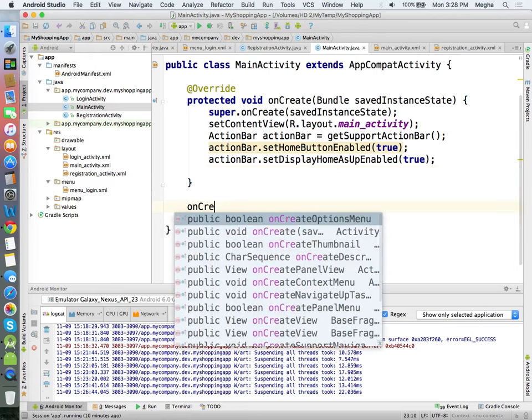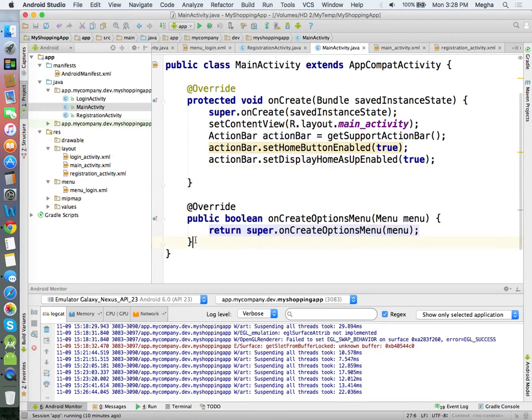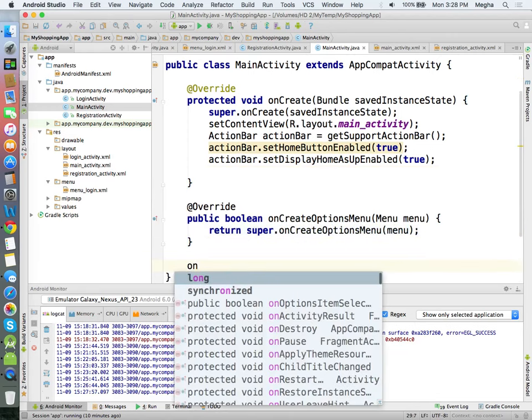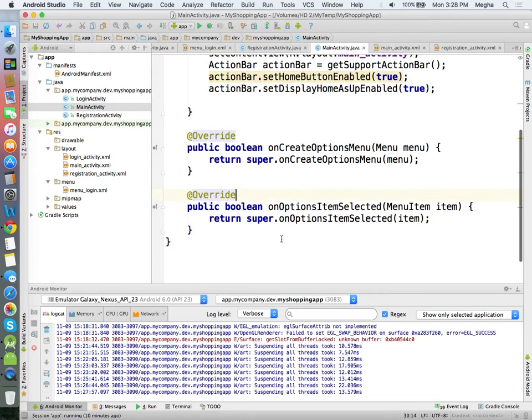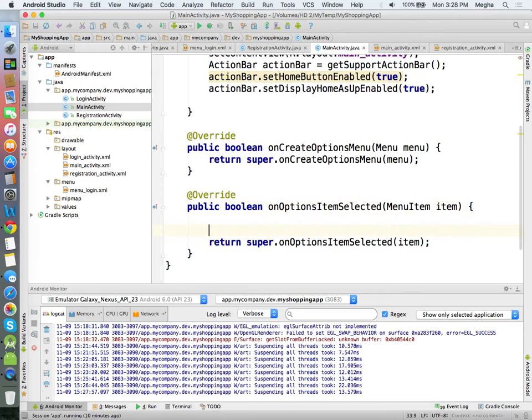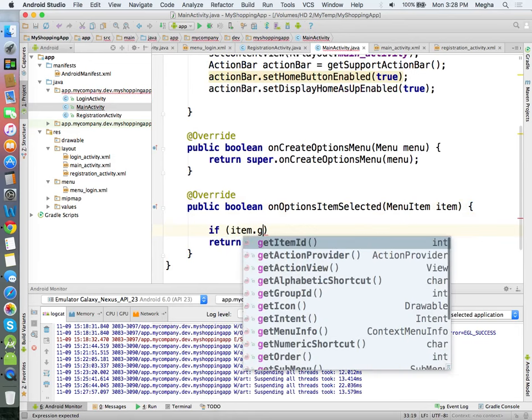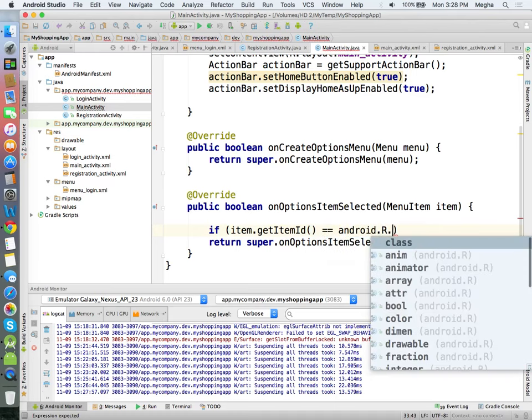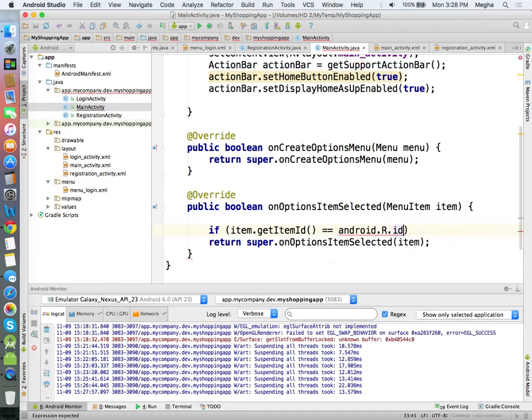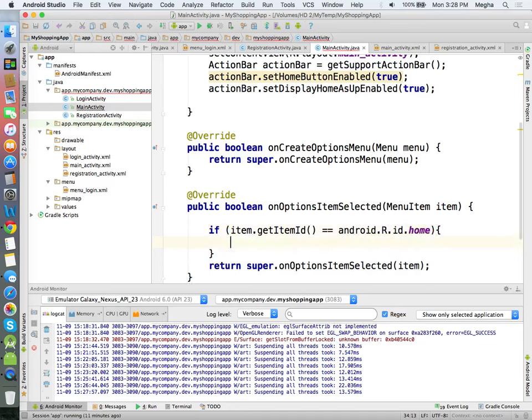Implement onCreateOptionsMenu and onOptionsItemSelected. So if item.getItemId equals android.R.id.home, finish.